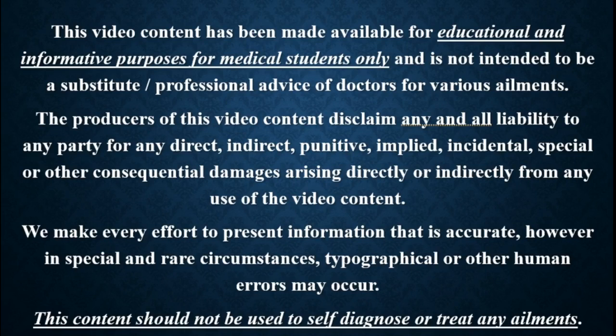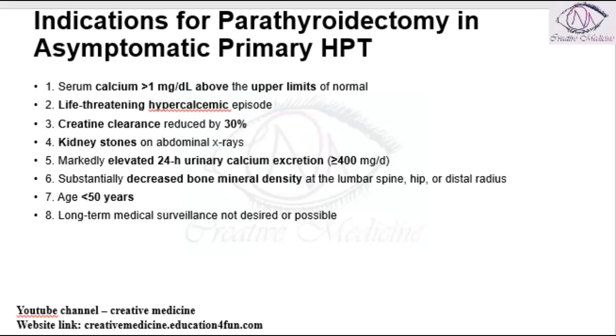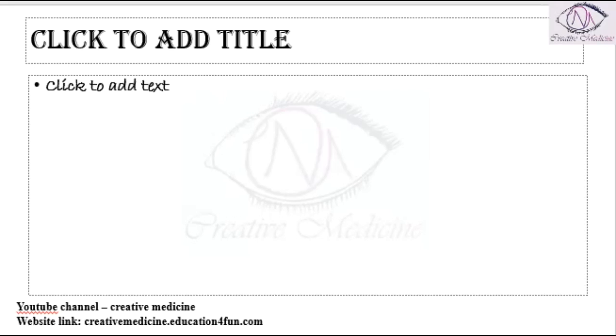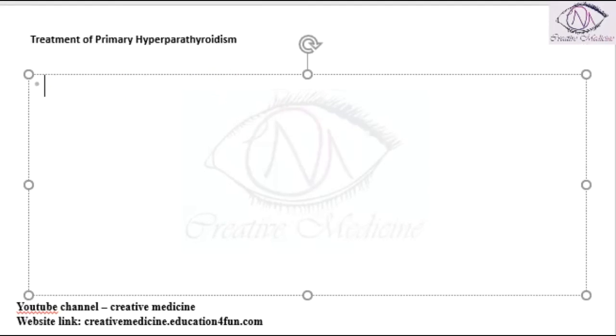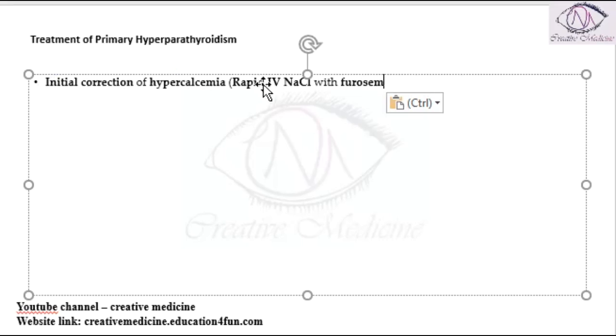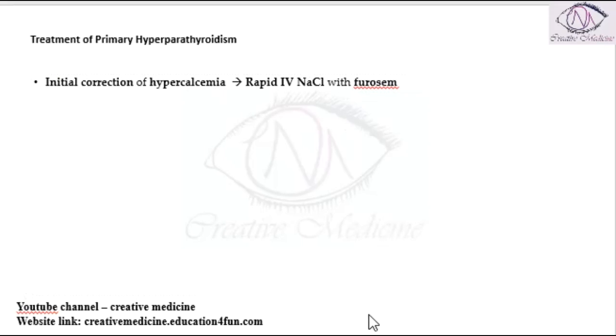In this lecture, we will learn about the actual treatment of hyperparathyroidism. First, initial correction: because in hyperparathyroidism, because of increased parathyroid hormone levels, there is increased calcium absorption in the body. So the patient will have hypercalcemia. If there is hypercalcemia, we should do an immediate rapid correction of hypercalcemia with the help of